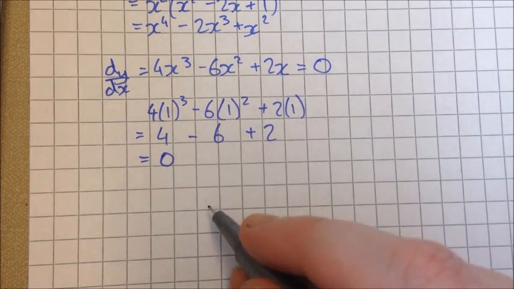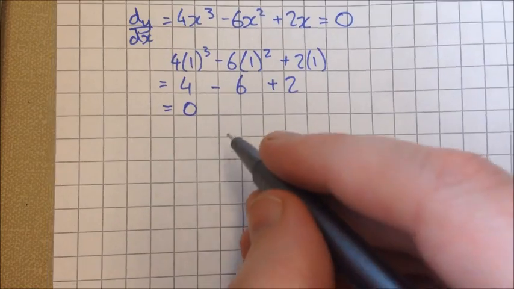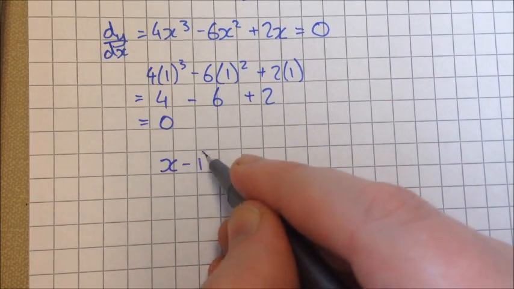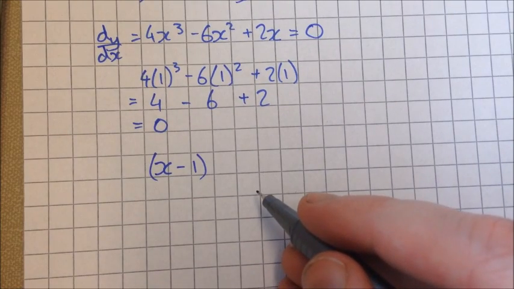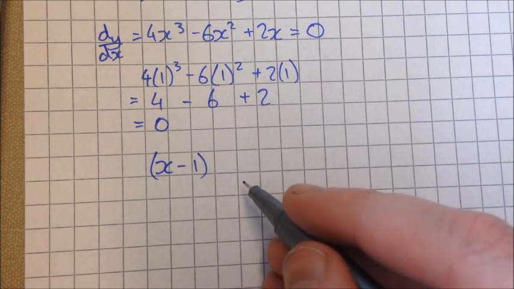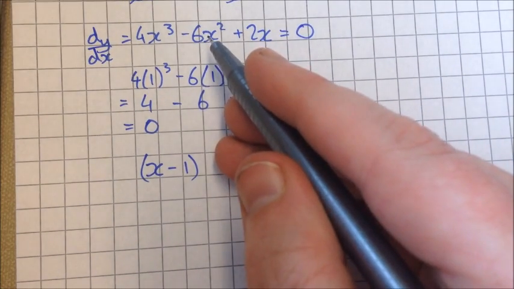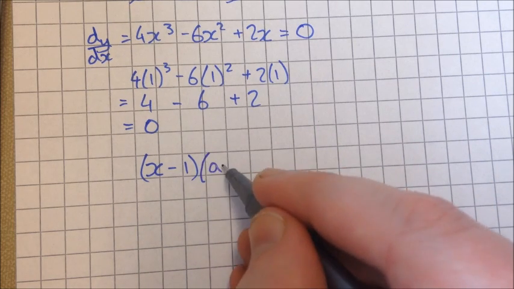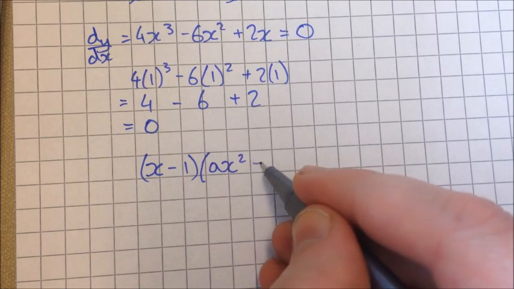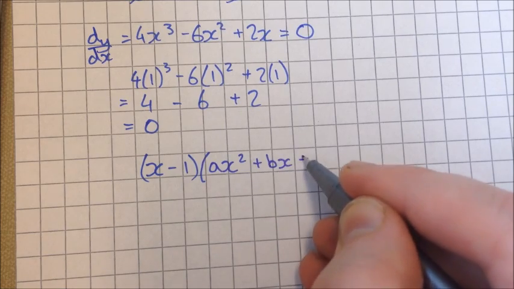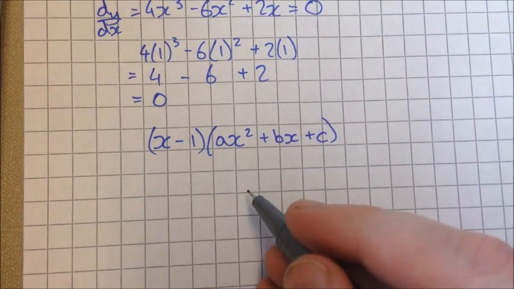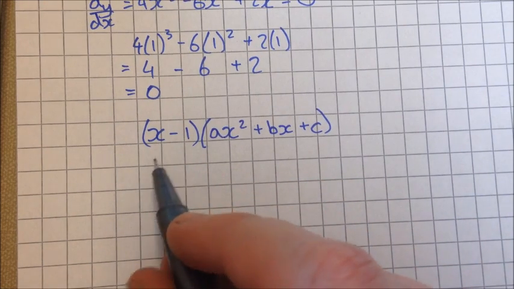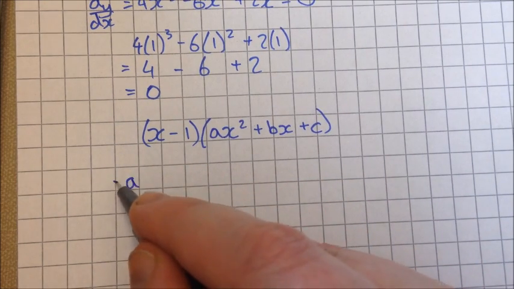So we know that 1 gives us a value of 0. So x take away 1 must be a factor. So there's several ways that we can find out the remaining factors. I'm going to use my favourite, which is to find the quadratic that you have to multiply by that. So if I multiply this out,